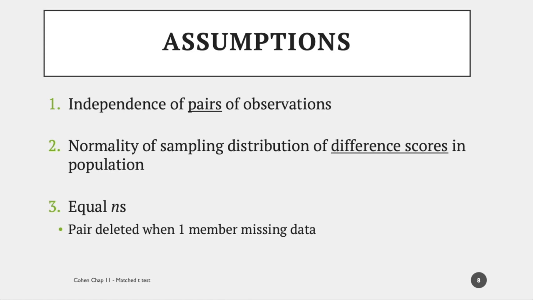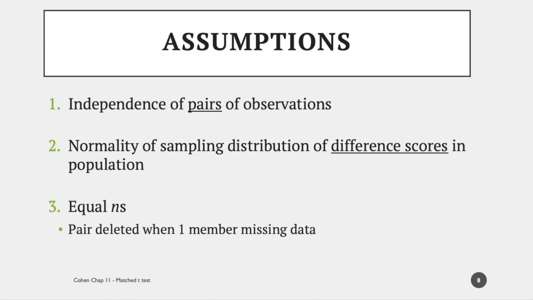And then we want to have equal n's, which makes sense because if you don't have a time 1 or time 2, we can't get a difference score for you. And so you would be deleted. So the pair, the pre and the post, time 1, time 2, different conditions, would be just deleted